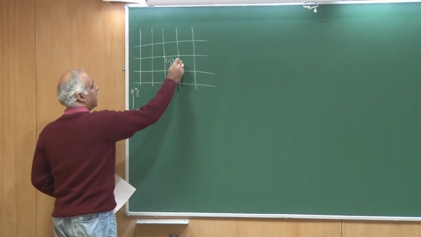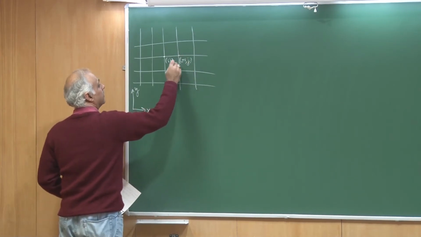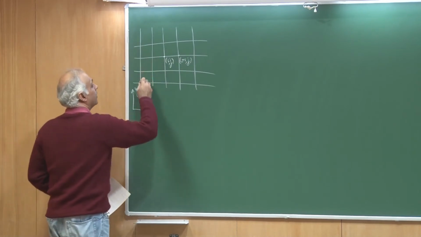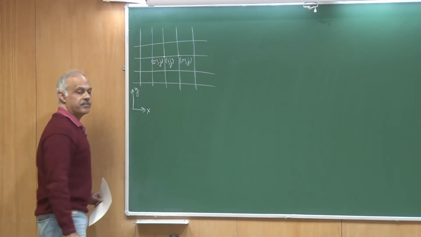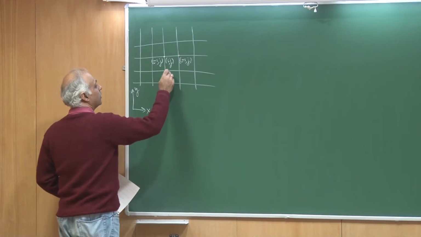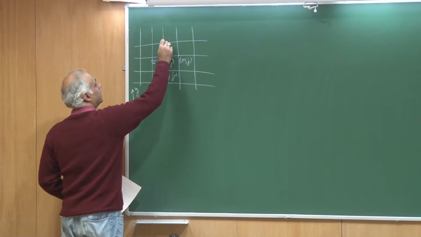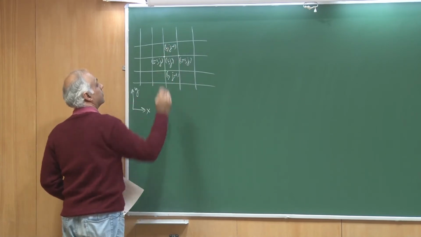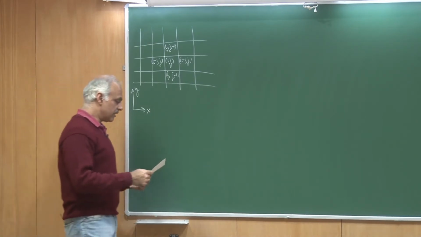and since this is the x axis, this node is going to be I plus 1 and j, whereas the one on the left is going to be I minus 1 and j. Likewise, I can go up and down. So this node is going to be I and j minus 1, whereas this node is going to be I and j plus 1. Okay. All right, so let us write down the Taylor series expansion.